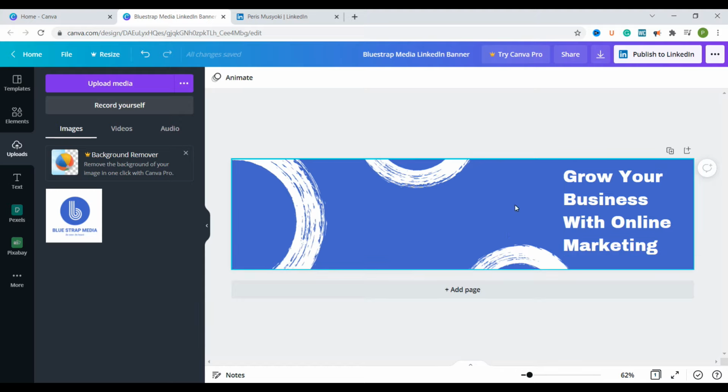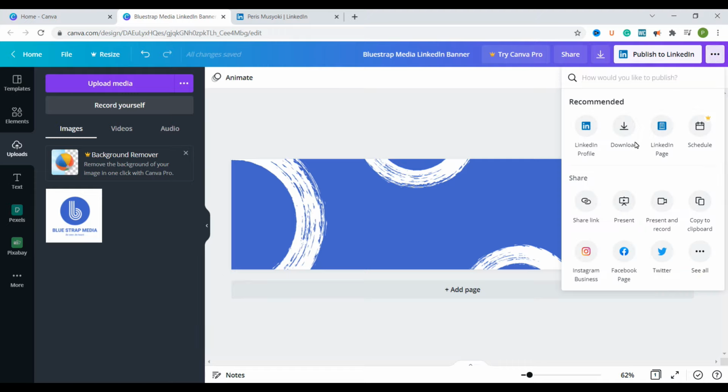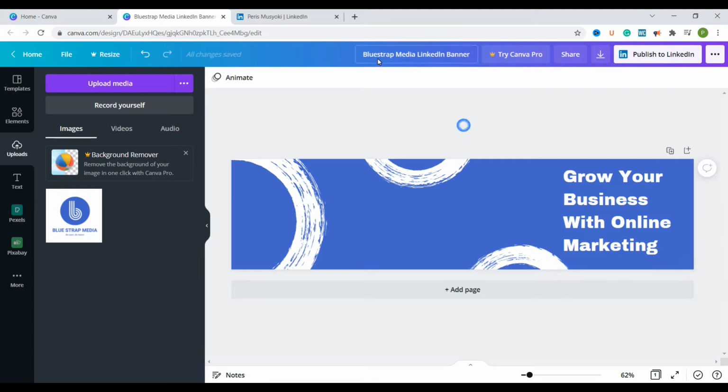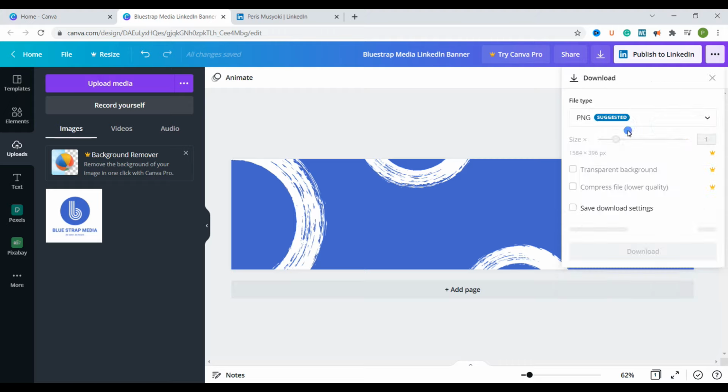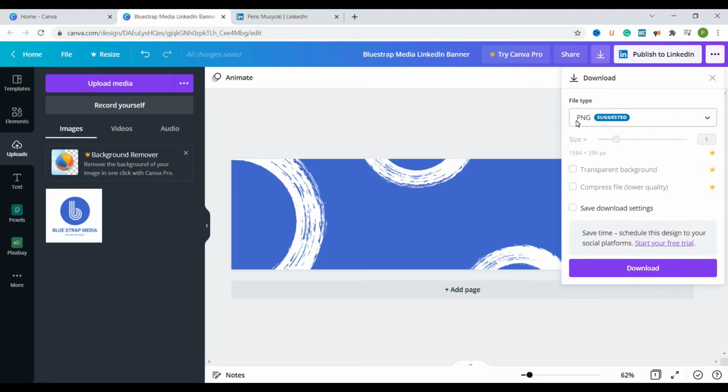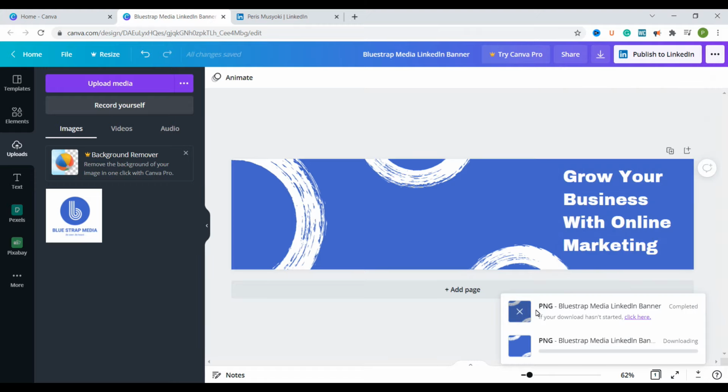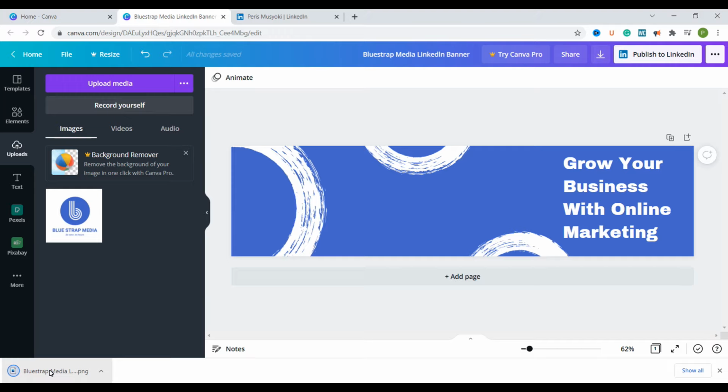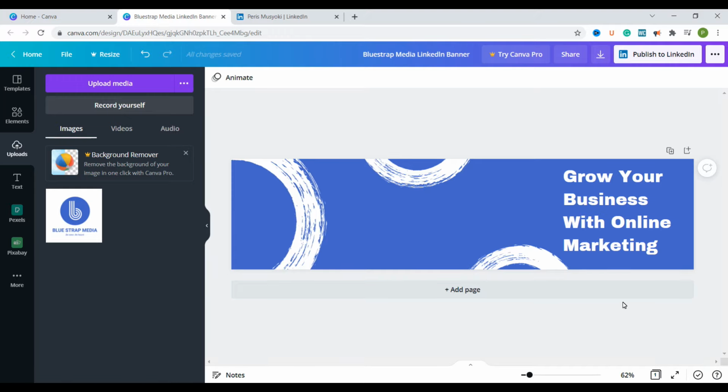So once you're done designing your banner and you're happy with it, you can either publish directly to LinkedIn, or you can go to this download part here and then you can just download it. You can also rename it here. So I've already renamed mine to Bluestrap Media LinkedIn banner. So now I can download it. So we'll just press on that. And then we'll download it as PNG, which is suggested. So we just click on download. So it's downloading now. So once the download is complete, we are going to go to LinkedIn, but not just